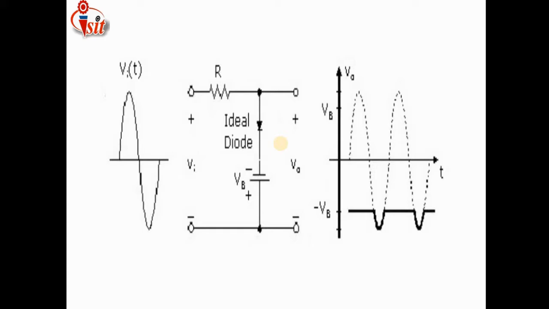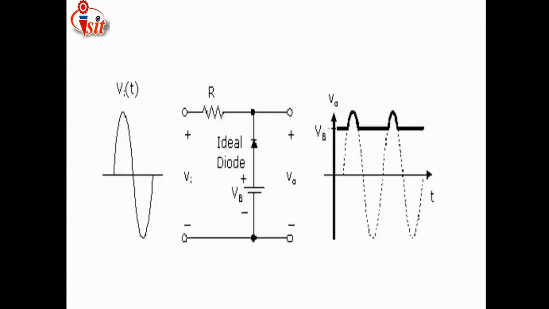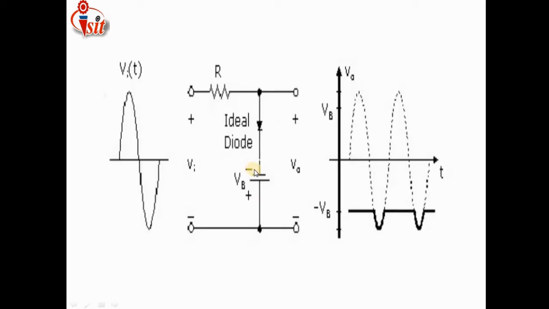Whatever output we have seen previously for this circuit, just see here. For this positive battery connected to the diode, the positive part appears and the negative part is clipped. But here, whenever we apply the negative terminal of the battery to the anode and cathode of that diode, then see here, the positive part is totally clipped and the negative part is present, along with some reference voltage, that is, the negative reference voltage.